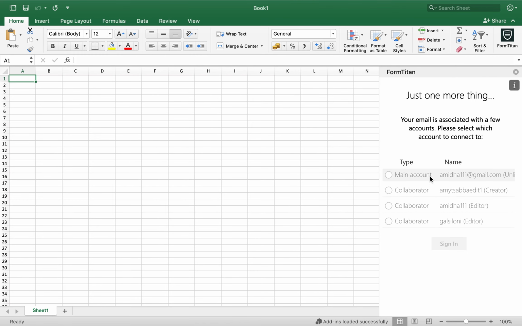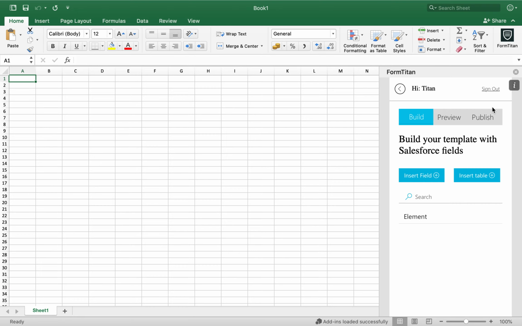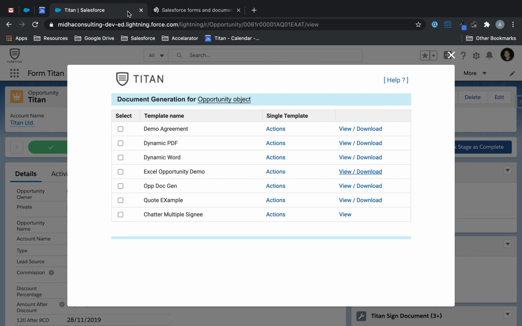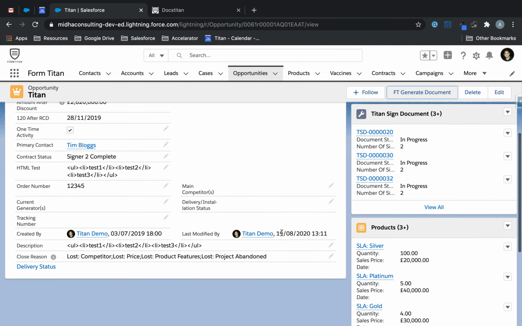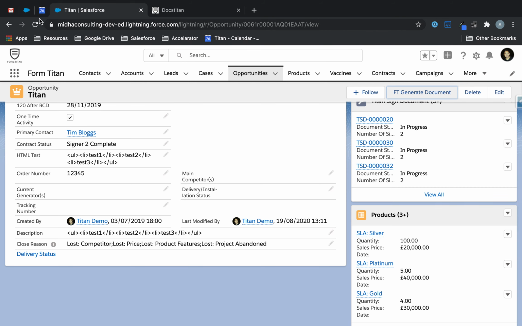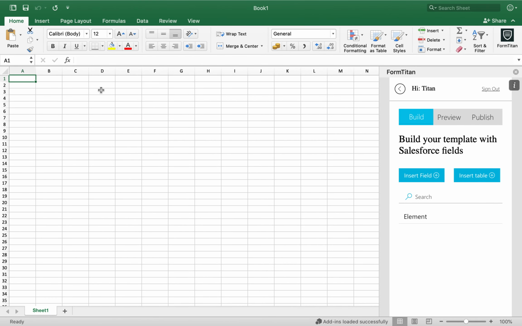What I'm going to do in this demo is bring back opportunity name, stage, and opportunity line items. Very simple. So this is my opportunity here, and these are my line items, and I'm just going to bring them into that Excel document. So first thing we'll do is opportunity name, we'll do opportunity stage,